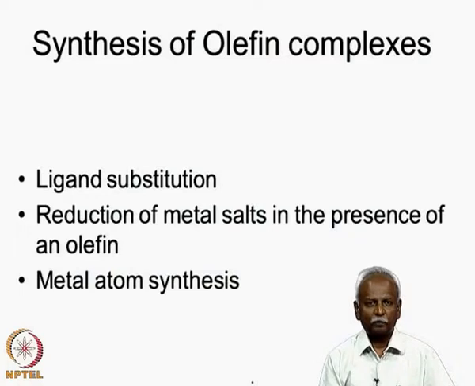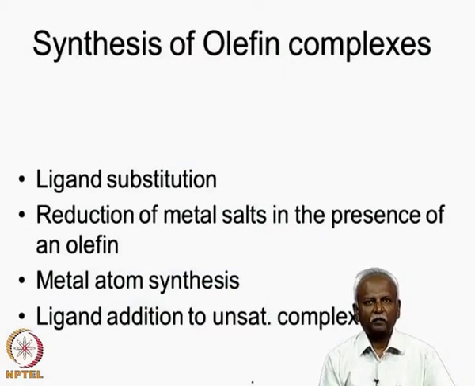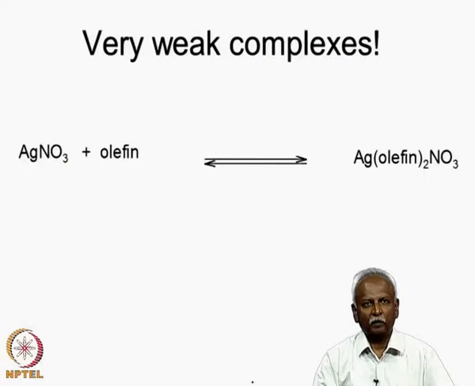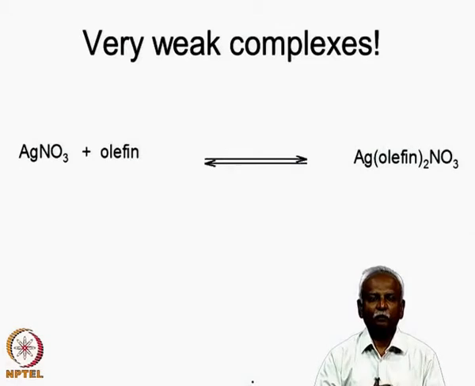There is also a specialized method called the metal atom synthesis, and in the metal atom synthesis, one generates a vapor of the metal, which will co-condense with the olefin or any ligand of interest. If we can do that, then a metal olefin complex can be generated without interference from any other ligand. Finally, one can in some instances take an unsaturated complex and add an olefin, and that will lead to a metal olefin complex. So, let us take a look at some very simple methods of generating metal olefin